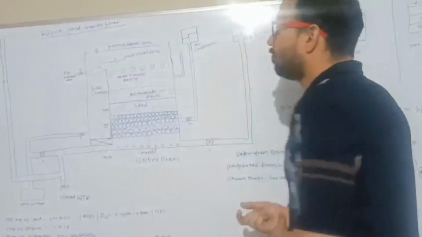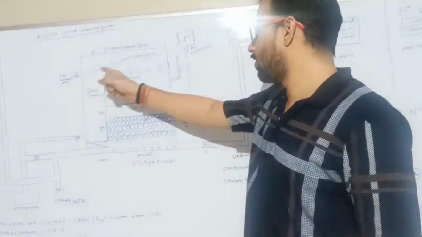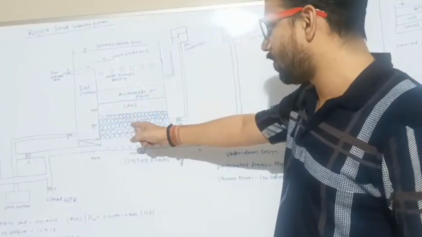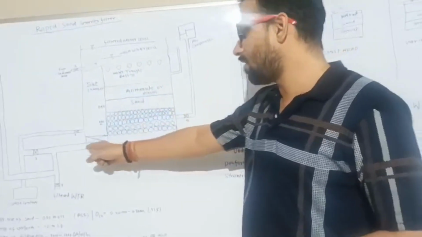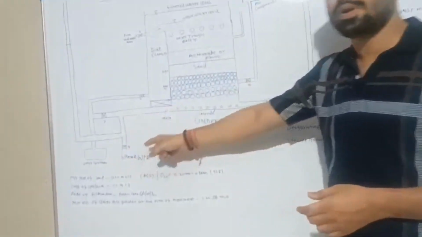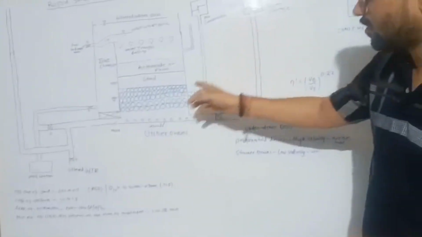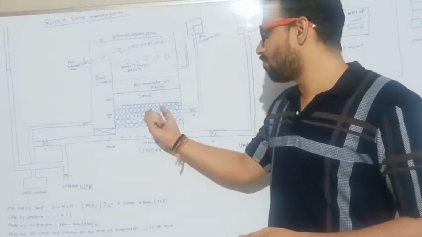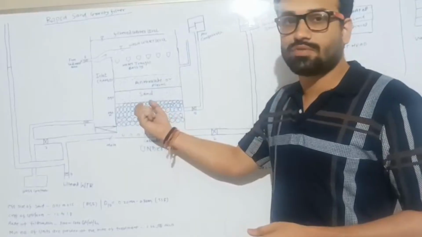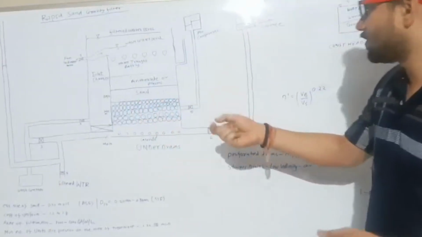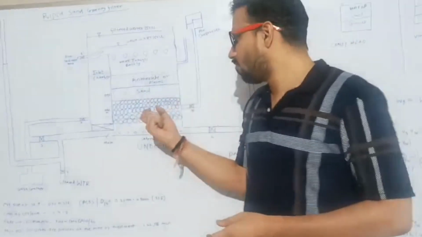So water comes from the sedimentation tank and gets accumulated over the filter media and finally seeps, and from the drain it is collected at the valve number 4. During this process, some impurities get entrapped between the voids of the filter media. To avoid this, because what is the problem